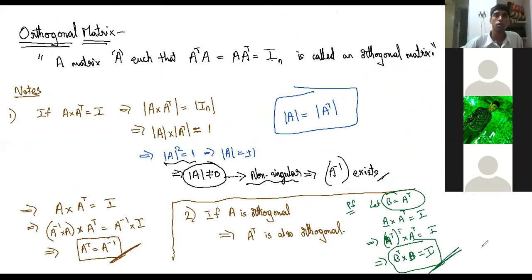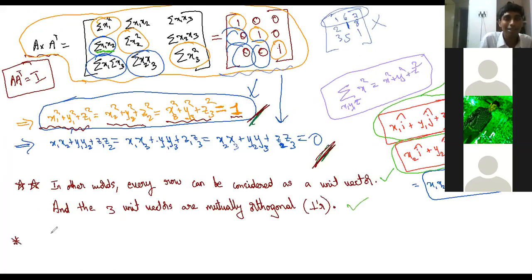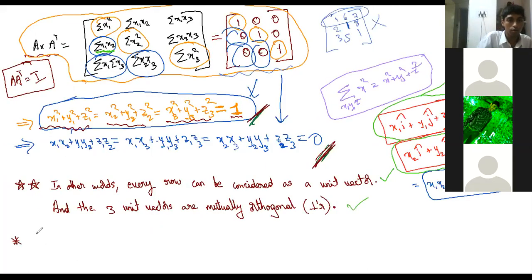So if A is orthogonal, then A transpose is also orthogonal. So imagine that we start with the same question, matlab same A. Now whatever you are speaking for A, it is true also for A transpose. Okay. In other words, if it has to become orthogonal, it is necessary that along the column also, it is also true.